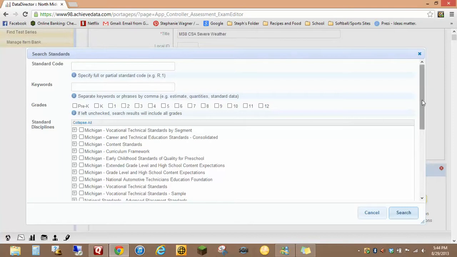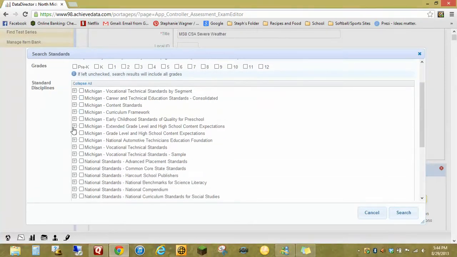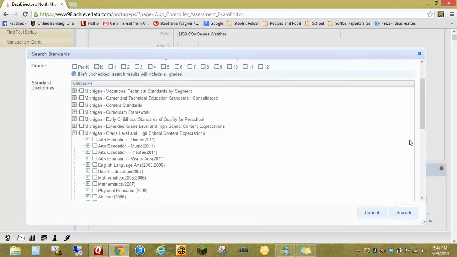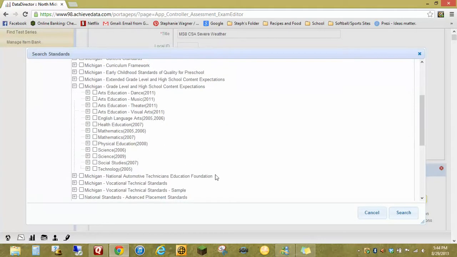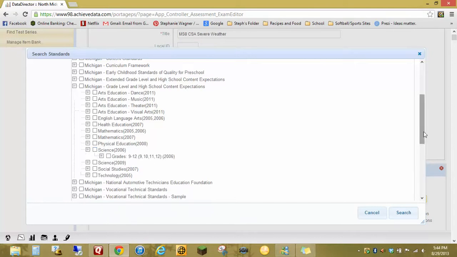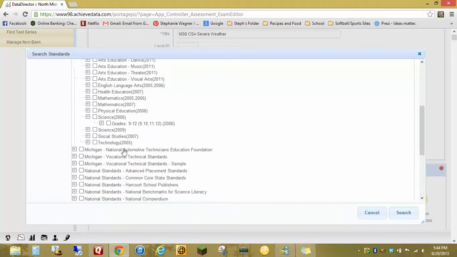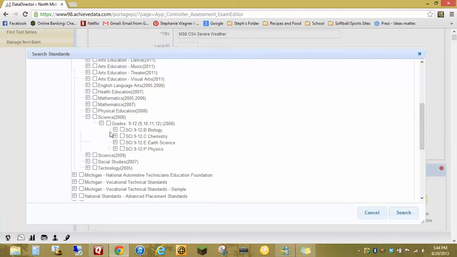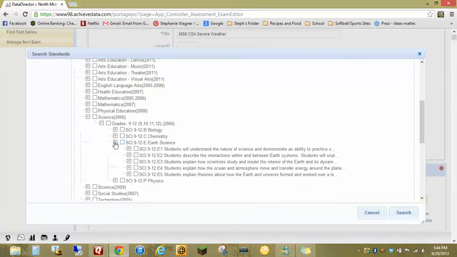For 8th grade, we're going to go into the Michigan grade level and high school content expectations. In science, 8th grade is considered high school, so we need to choose the 2006 standards. In middle school, you would pick the 2009. We're going to keep expanding until we get to the standards I'm looking for. I'm looking for the E4,